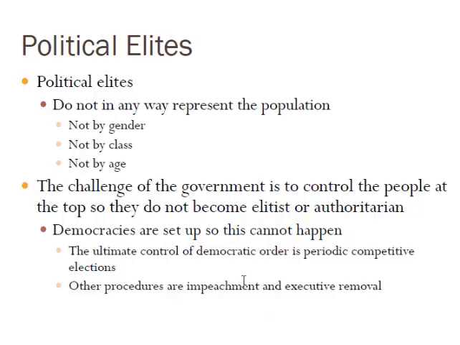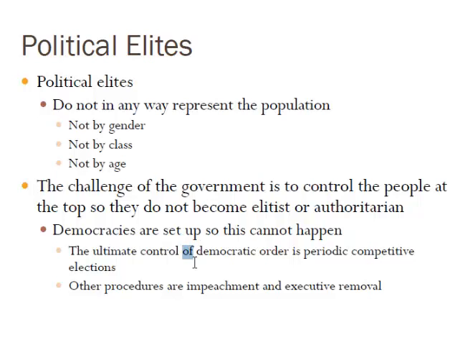And of course, the challenge of a society is to make sure that these people, the elites, don't become elitist or authoritarian, which means they don't try to control people in a non-democratic way. If you had a few people get to the top and then they ran the entire government in a non-democratic way, then you'd have what is called an oligarchy. Oligarchy means the rule of a few people. But if you have a good democratic system where the powers of the people in charge are checked by other people in power, then hopefully you keep them from gaining too much power. In fact, democracies are set up specifically so that this shouldn't happen.